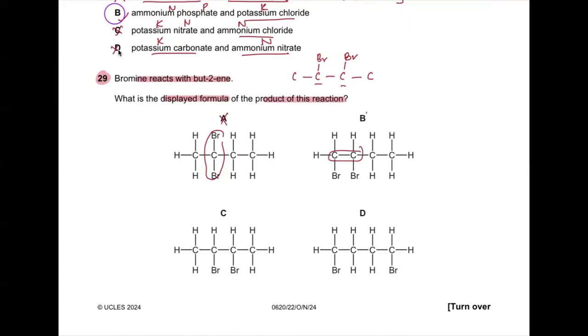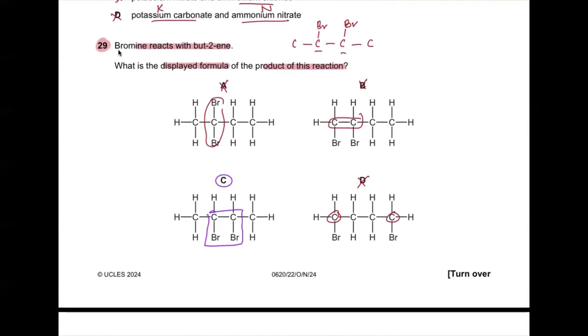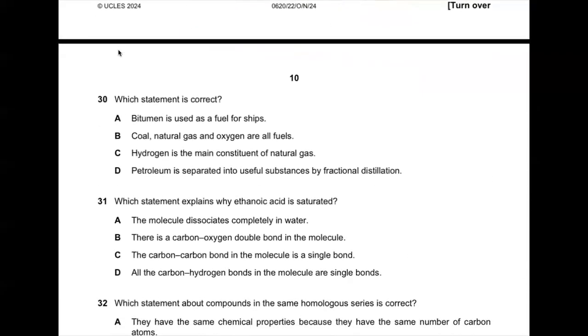First and second carbon getting both the bromine is wrong. The first and the last carbon getting both the bromine is wrong. So we are only left with option C. It is correct. You can see that the second and third carbon get the bromine. Is this clear to all of you? Now,